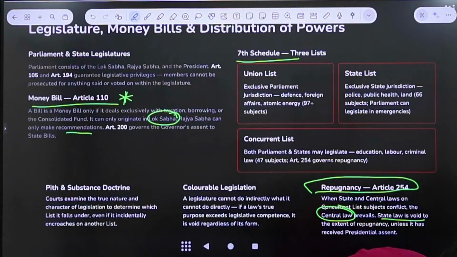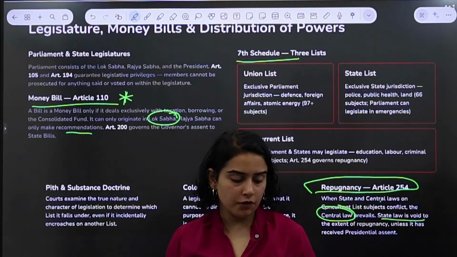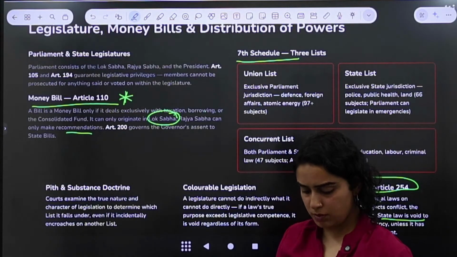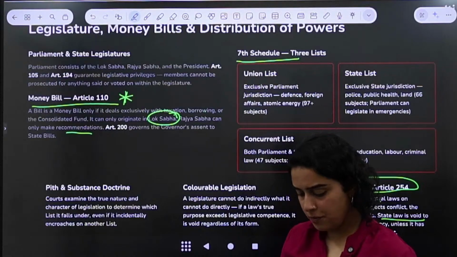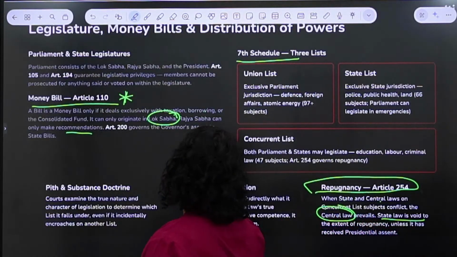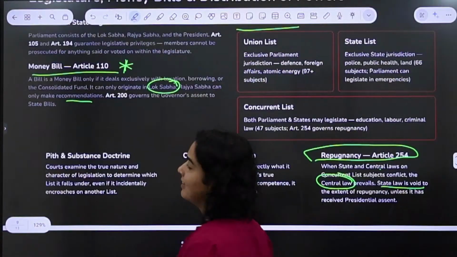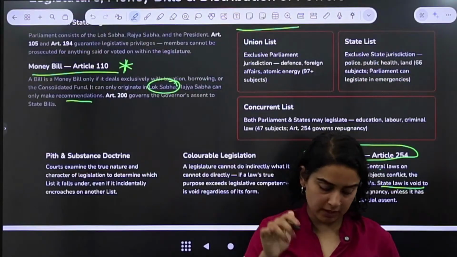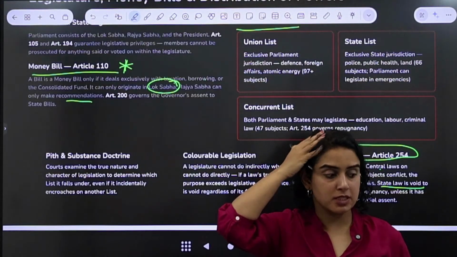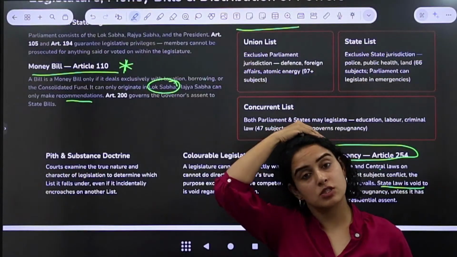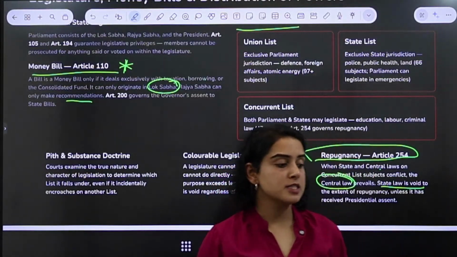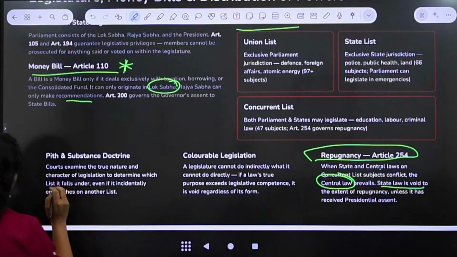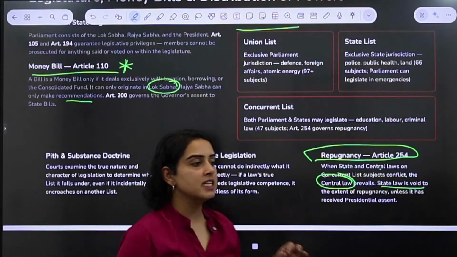Then, after that, a few doctrines that I would want to share with you. It's important for you to know about these doctrines under constitutional law. Why? Because I have seen them being tested. There are a few doctrines which might be part of the passage, and you might have to apply them in the application based questions. Or if there are inference based questions also, then you have to understand what these specific doctrines are saying, right? So first is the doctrine of pith and substance,